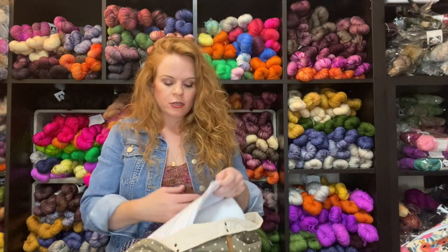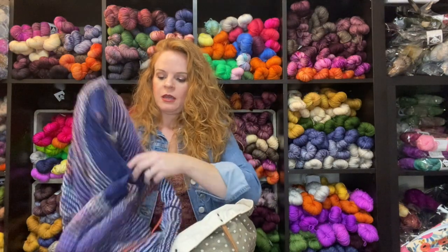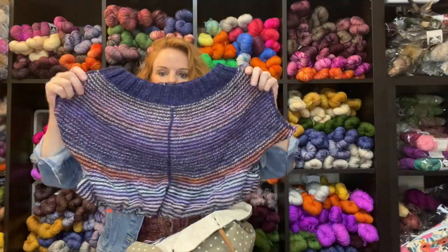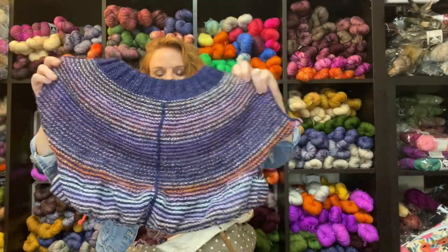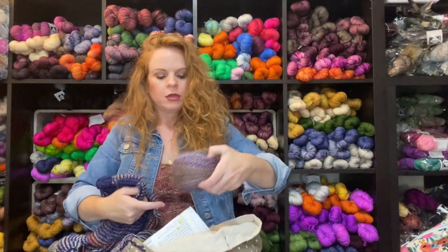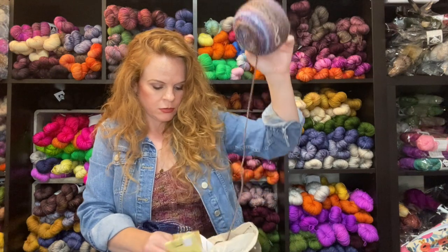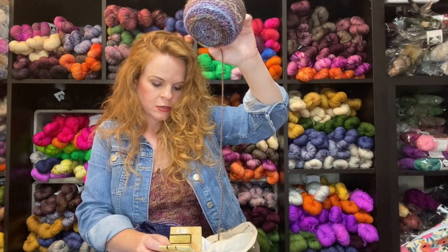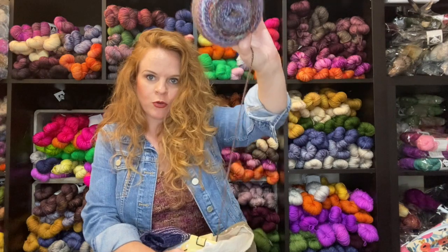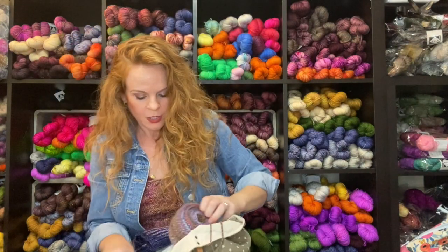So one of the other projects that I am working on is Andrea Mowry's Metamorphic. And this is knit with my own hand dyed. The blue is the colorway Denim. And the multicolor situation is Feederbrook Farm in the colorway, what is this called? Theta. Oh, this is their Entropy DK base. Why am I holding it up here and you can't even see it? Professional podcasting here. Anyway,